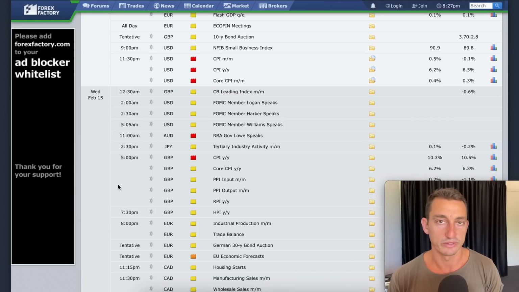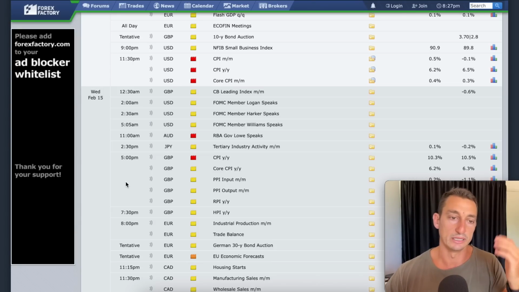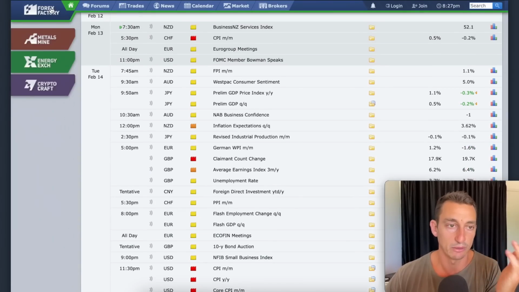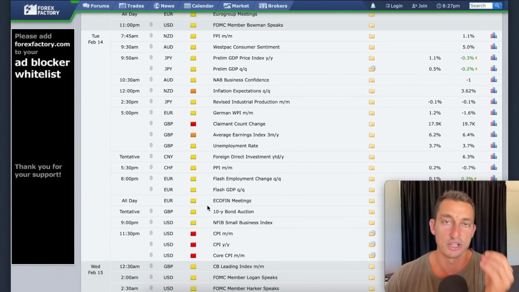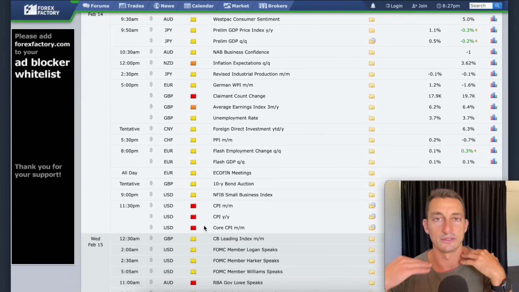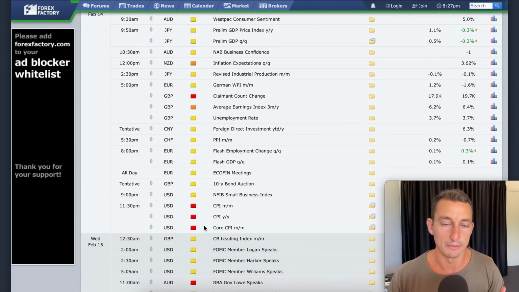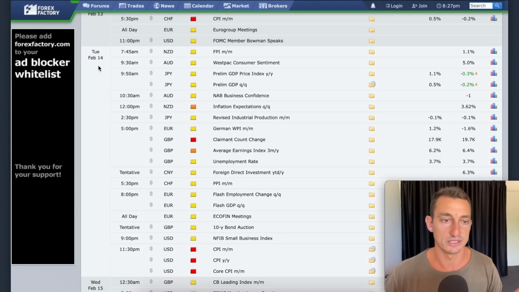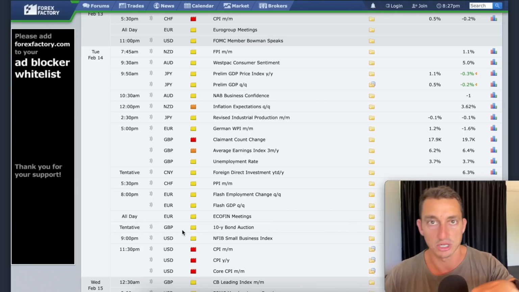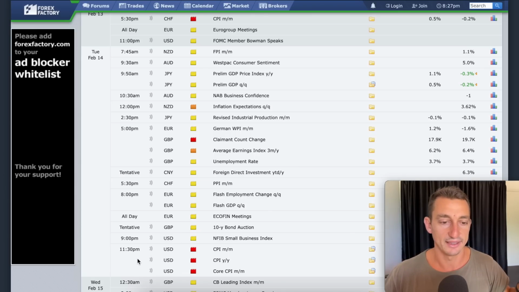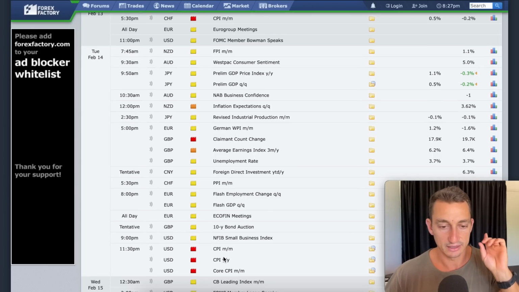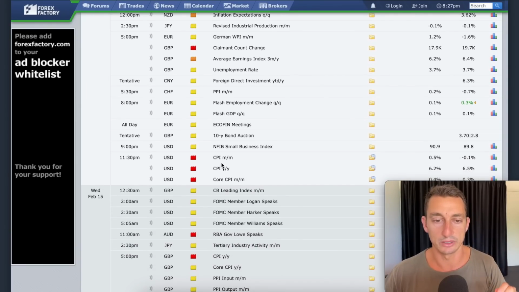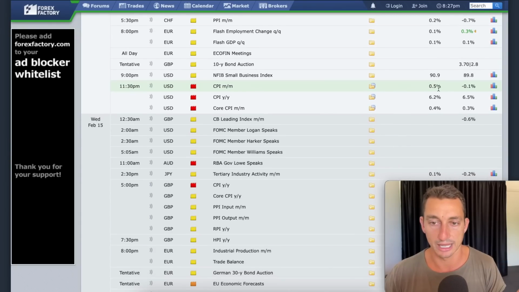Let's first look at what's happening with the markets around the world coming into next week, what we can expect. Now, the main thing here on Forex Factory, which we like to look at to determine whether we're going to see any sort of volatility, this is where the narrative is moving in the news. We have the CPI reading coming out next week. So this is Tuesday night, our time here in Australia, and of course, Tuesday morning in the US. Okay, so we've got the core inflation data coming out.